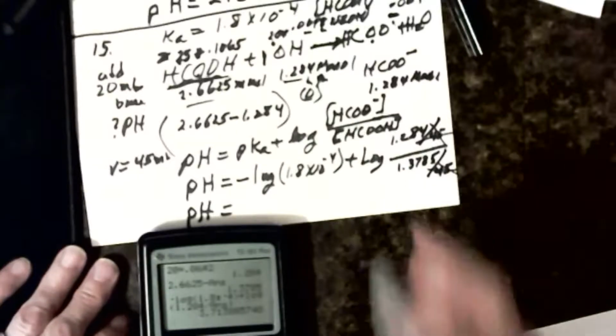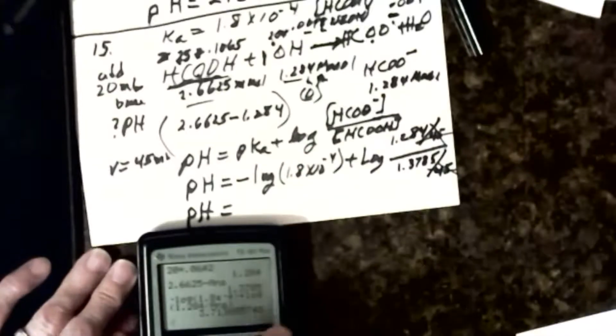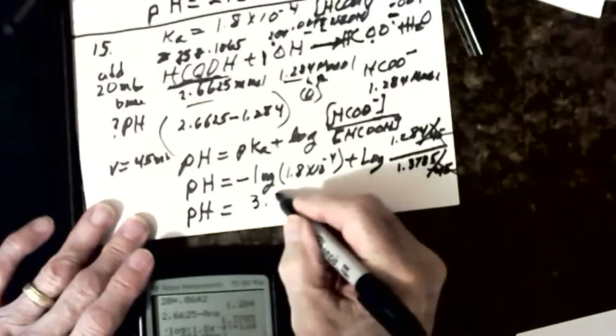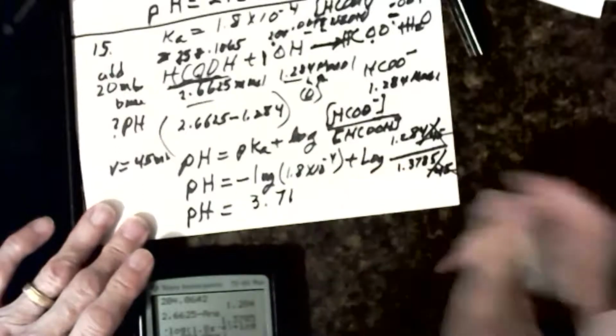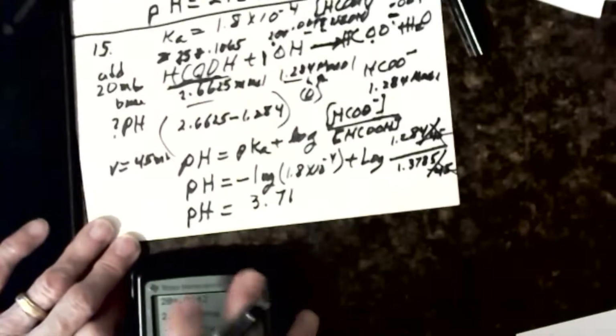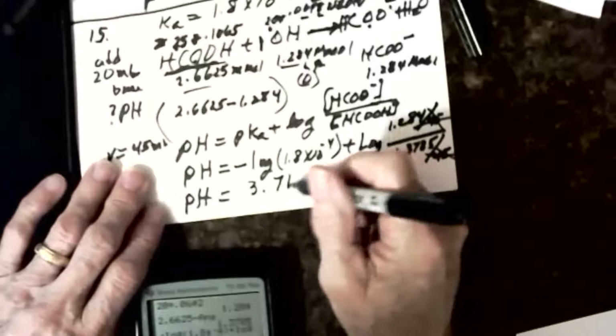Okay, so if I didn't make a mistake, I should get the correct pH. pH, according to my calculator, is 3.7138 and so on. So this is the way we would report it. And I don't know whether I've told you this or not, but I will remind you that when we did this calculation,